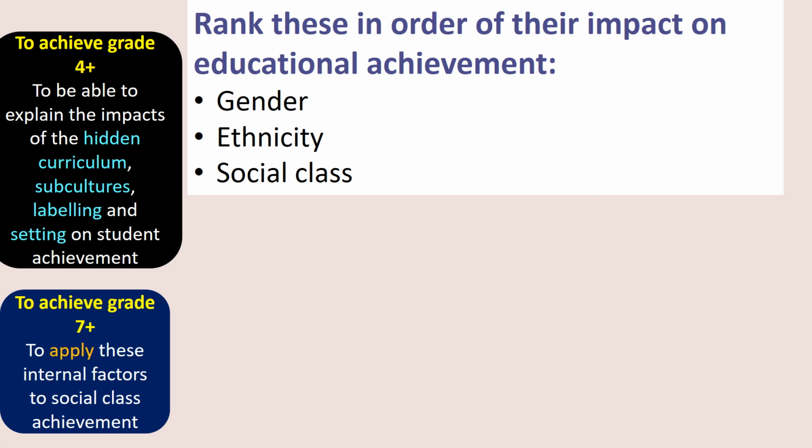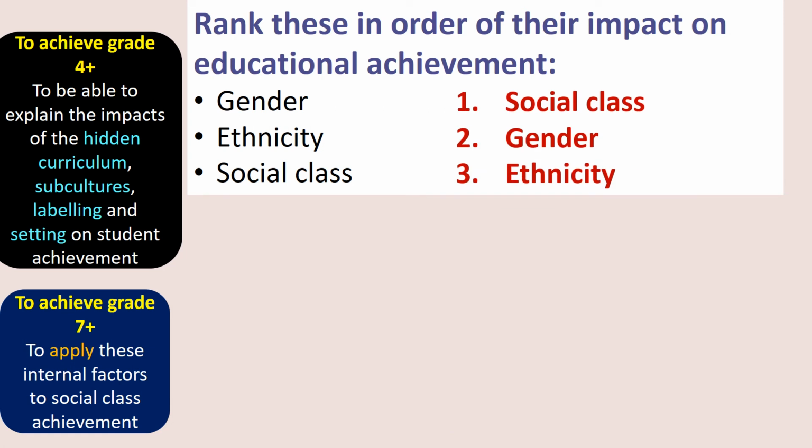And here is the answer. Social class is by far the most significant factor. Students from working class backgrounds do not do as well as students from middle class backgrounds. But gender is also a factor. Boys don't do as well as girls. And ethnicity is less significant, but still a factor. Certain ethnic groups do better than other ethnic groups. We're going to go into these two in more detail in other lessons. Mostly today we'll think about social class, but occasionally some of the stuff we look at will also be relevant to ethnicity and to gender.